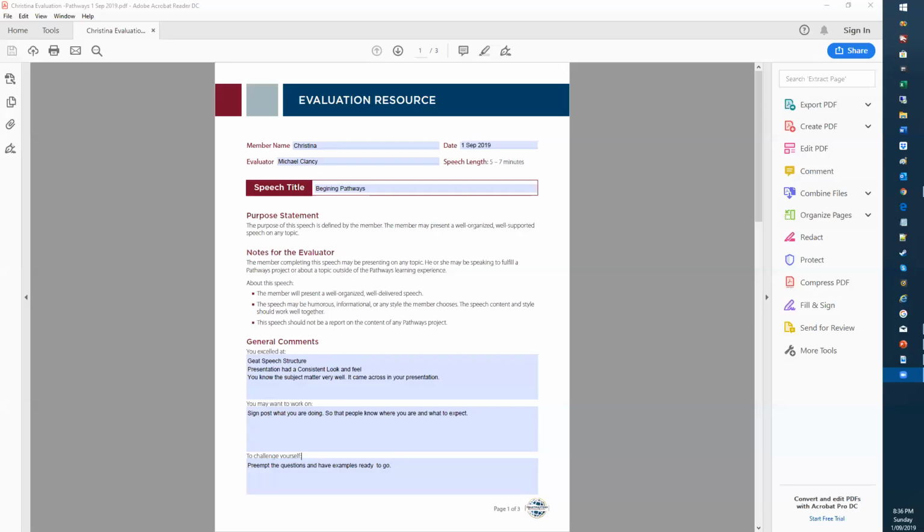Okay, can you see my screen? Yep. Yes. So basically, this is just the PDF. I've saved it under Christina's name with the date. I've got here that it's Christina, my own name there, the speech title, which is Beginning Pathways, and I've put in some general comments,